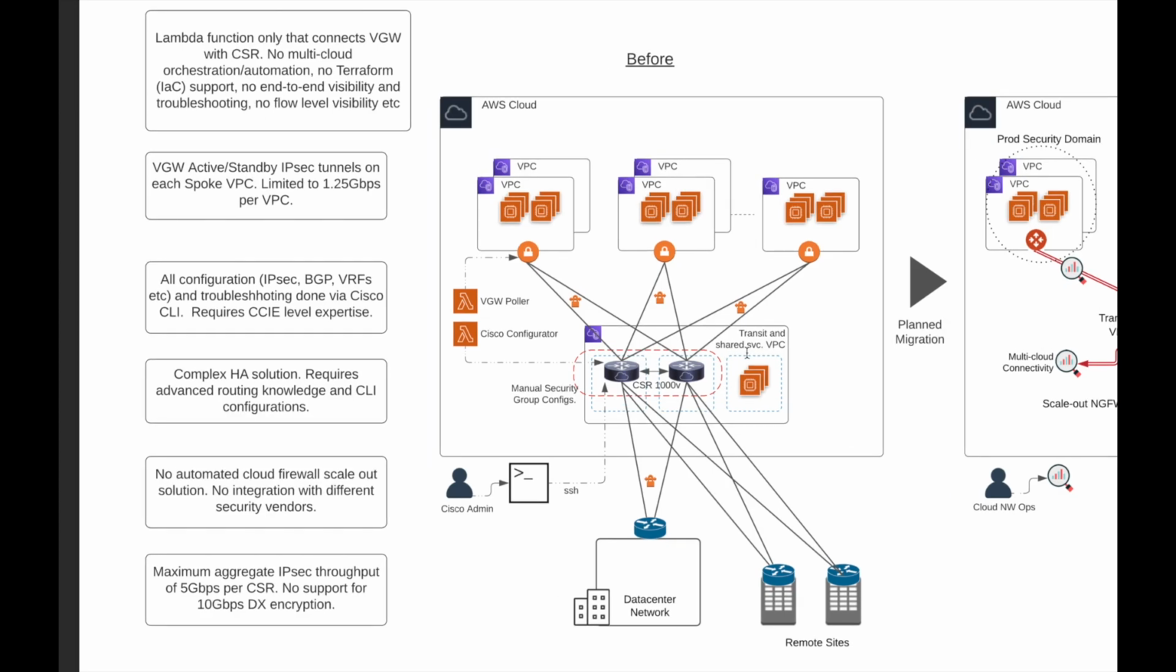Challenge number 2 is around automation. Earlier, I briefly mentioned these two things here, the VGW Polar and the Cisco Configurator. These are AWS Lambda scripts. Basically, over time, people needed a way to make this a little easier to manage because it was such a mess of tunnels and routing, and it was very manual and static, very hard to handle at scale. And so this was an attempt to add a little bit of automation to the whole setup,